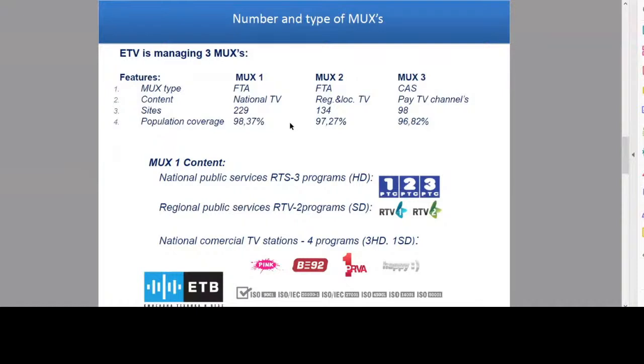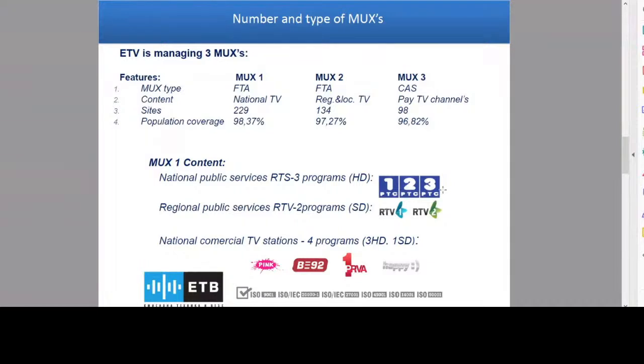We fulfilled that, and as you can see, reached 97.3% of the population covering, and also 96.8% of population coverage. As I said, in multiplex one, national public services with their three programs, we broadcast